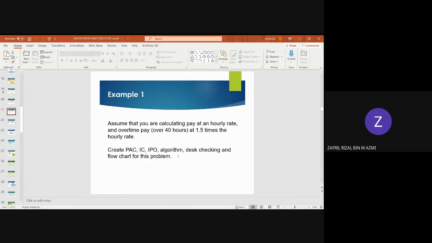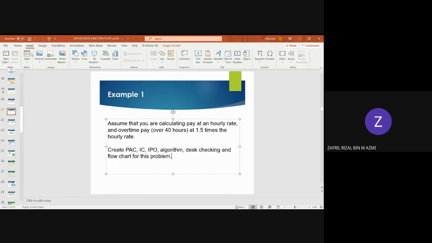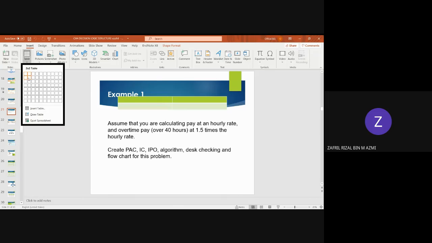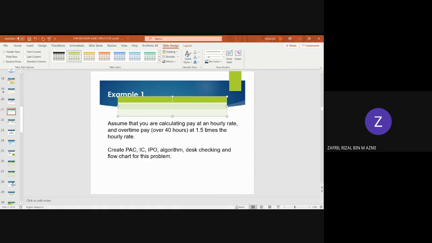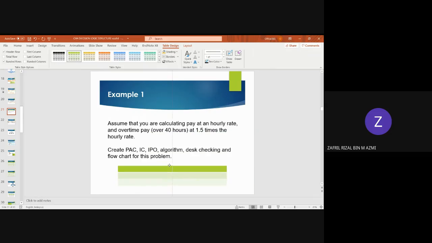Okay, if we turn this into a table, for example, okay, we have a table. If you think the question is quite easy to understand, but you think there is something related to decision, then you just straight away draw a table, and then you extract the information and put it in the table. Okay, for example, in this case, we want to calculate what we call gaji,